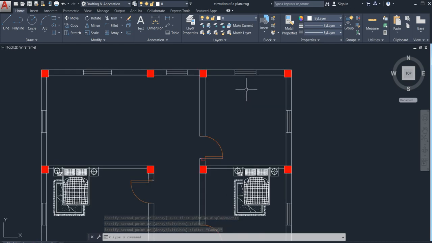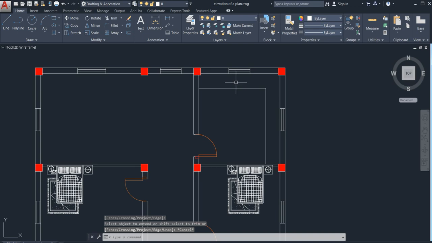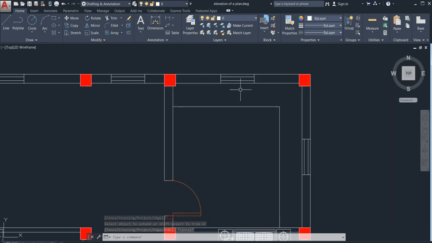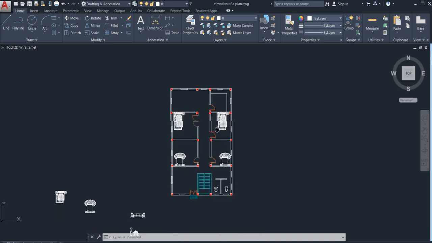It doesn't look like a kitchen, right? So how could we do it? Go for offset command with 2 feet from both the sides. From both the sides, go for trim command. Sorry, go for trim command. So trim this. Now here also, if you want, go for extend command. Skip it. Now you can hatch it also. If you can't hatch it, you just go and keep some cooktops here. Now I have kept it here.